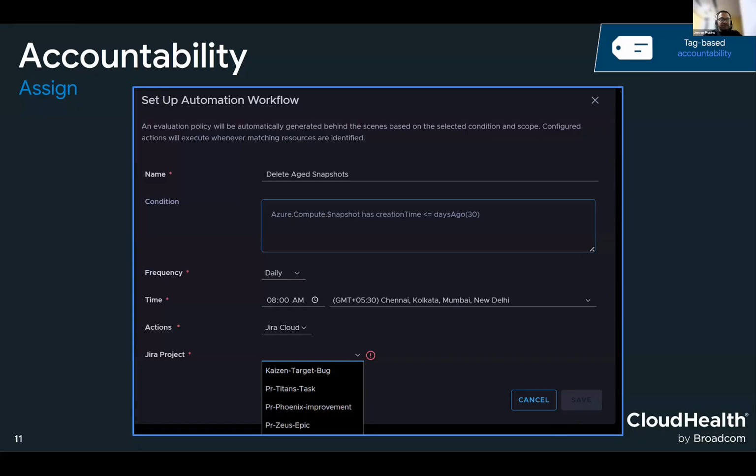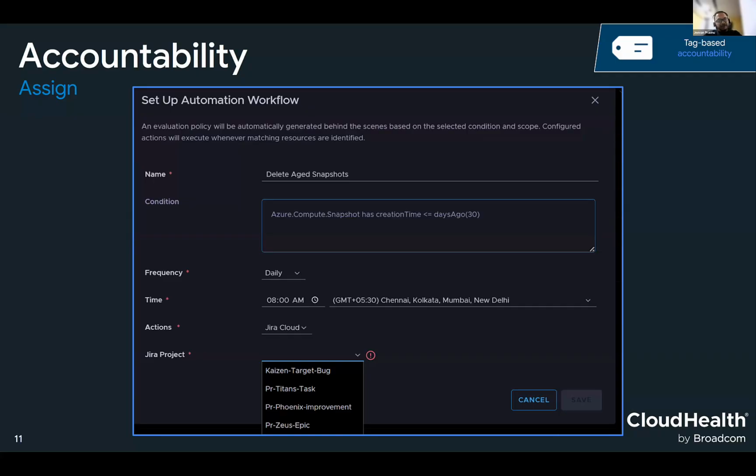So the Jira projects here, which you can take a look at, right now represent ownership. Because when this particular ticket gets created, it goes into the bucket of, say, Team Titans or Team Phoenix. Then these teams will take up that ownership to go ahead and delete these 8 snapshots.